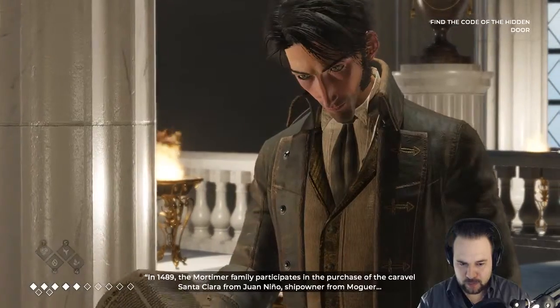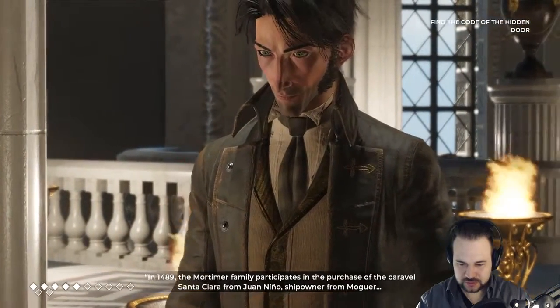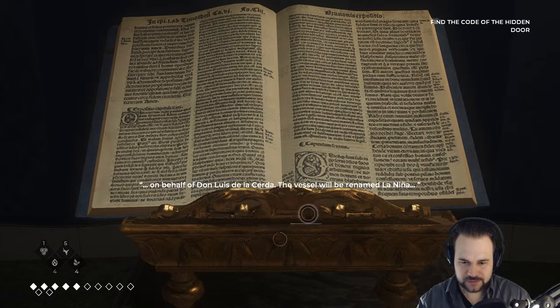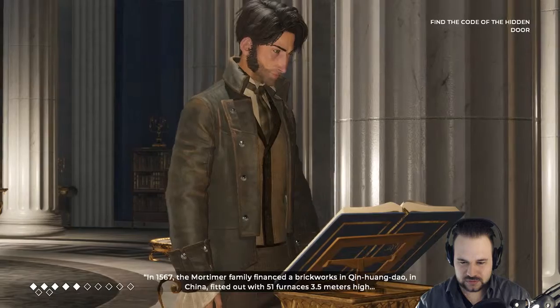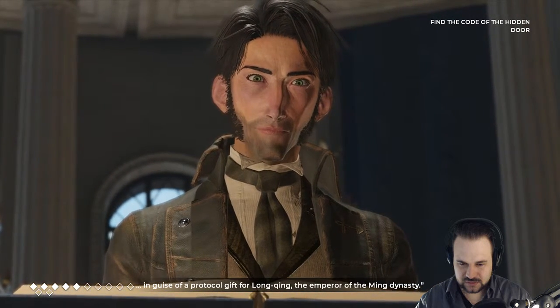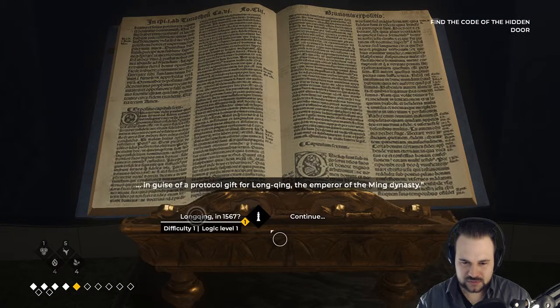In 1489, the Mortimer family participates in the purchase of the Caravel Santa Clara from Juan Niño on behalf of Don Luis de la Cerda. The vessel will be renamed La Niña. Is that worth it? No. In 1567, the Mortimer family financed the brickworks in Qinhuangdao in China, fitted out with 51 furnaces 3.5 meters high in guise of a protocol gift for Long King, the emperor of the Ming dynasty. It always costs points, so...